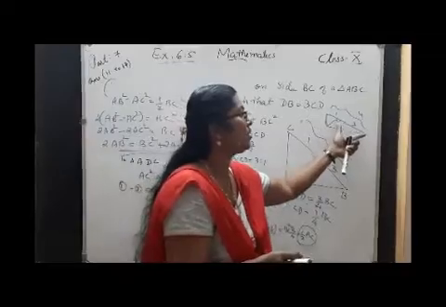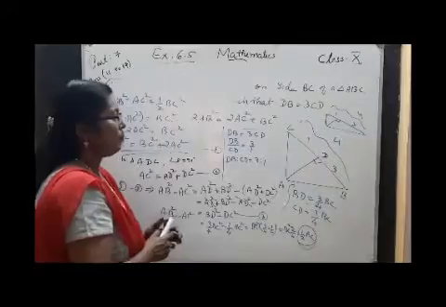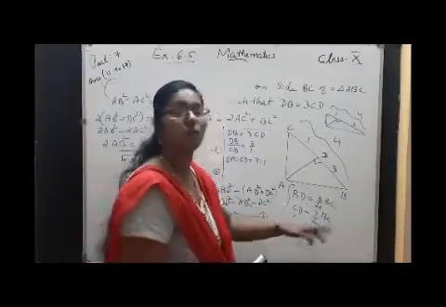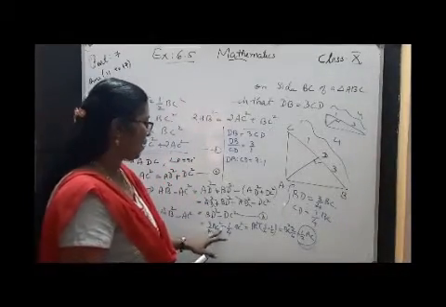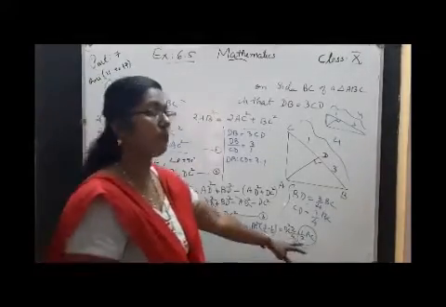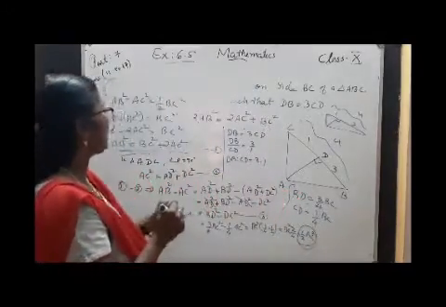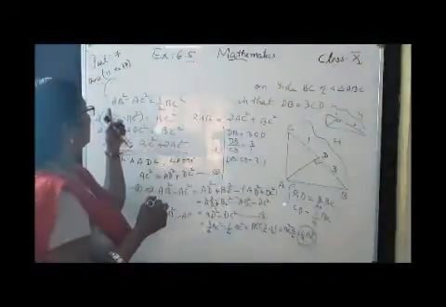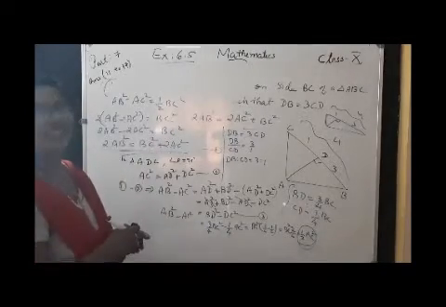If this is 3 units, this is 1 unit. Total is 4 units. Okay, here BD square equal 3 by 4th of BC square, CD is 1 by 4th of BC square. That is, instead of BD, 3 by 4th of BC square minus DC 1 by 4th of BC square. After calculating, you get 1 by 2 of BC square, half of BC square. Then substitute that BC square in here. Then transpose this to the left side. Then open this bracket, you get the answer.